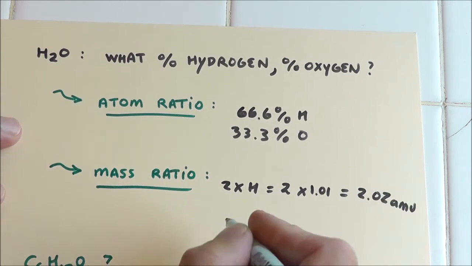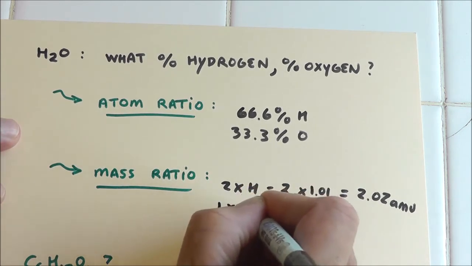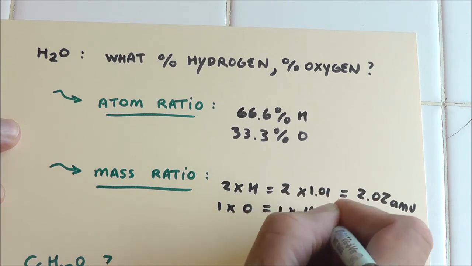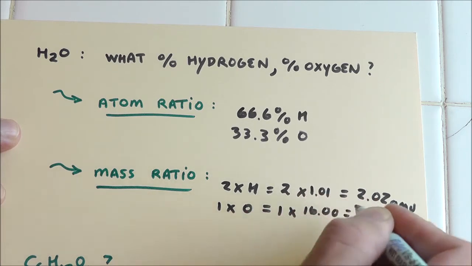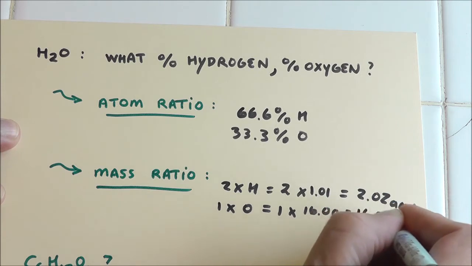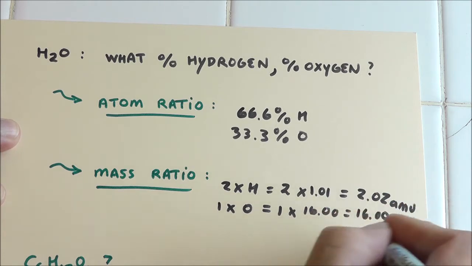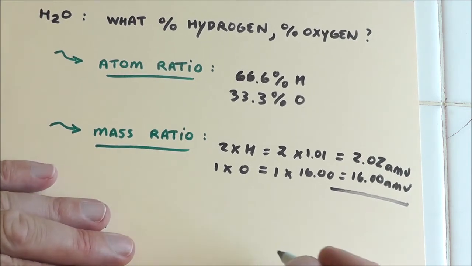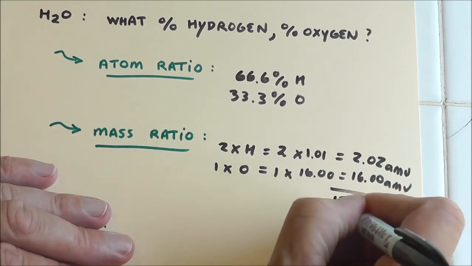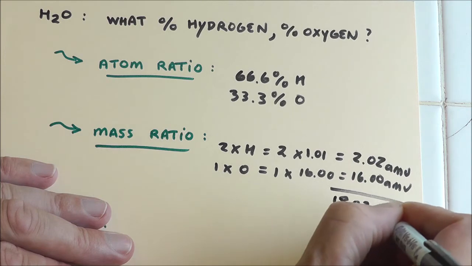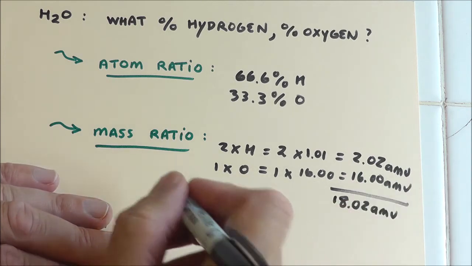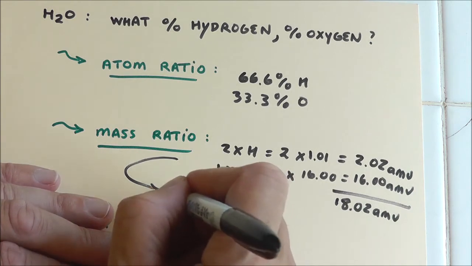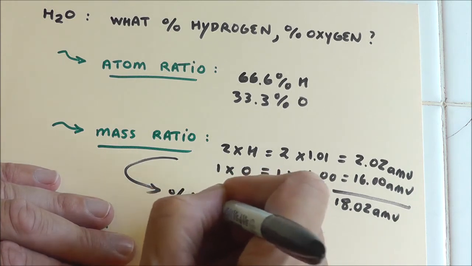Fair enough. I could do the same thing with oxygen. That would be 1 times an oxygen from the formula. It's 1 times 16 AMUs, 16 AMUs. So in total, water is going to be 18.02 AMUs. And if we were to just find the percentage, we could say, all right, percent hydrogen by mass